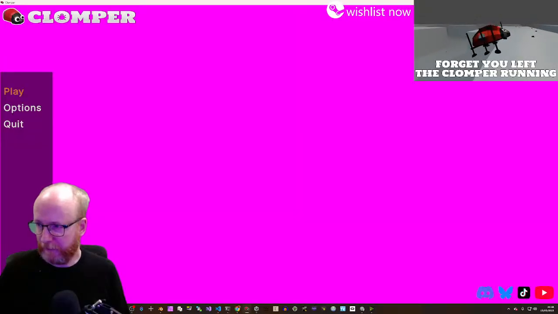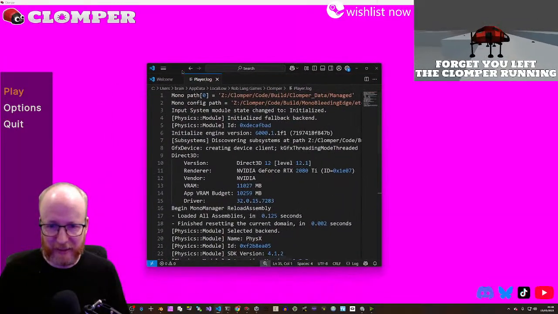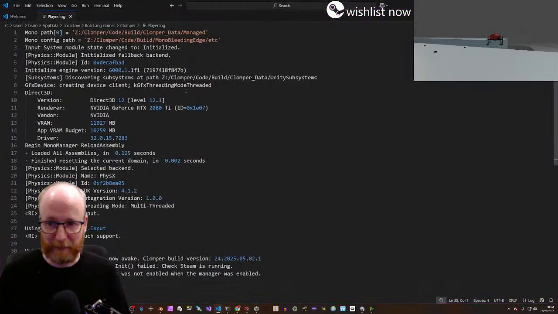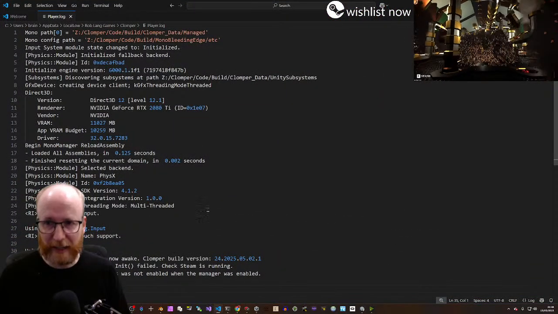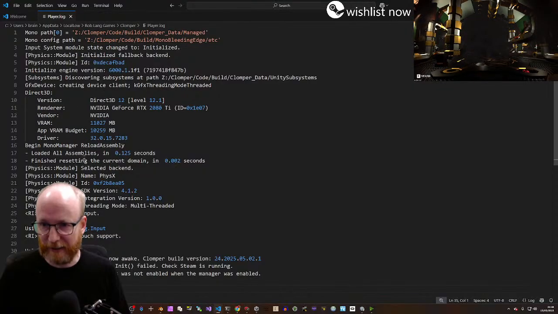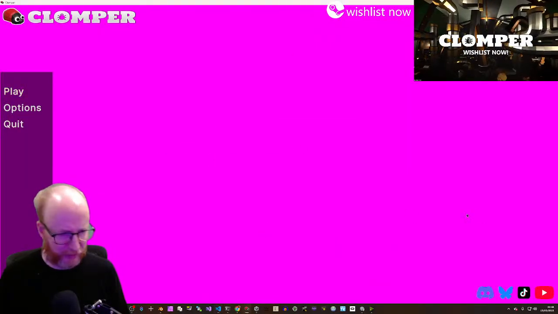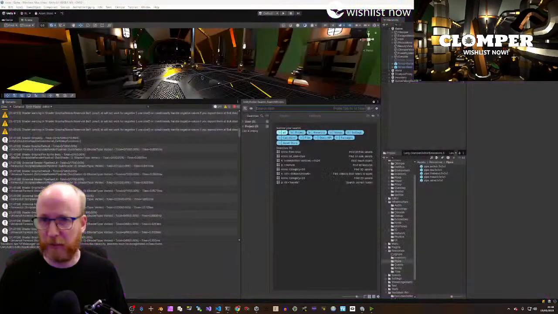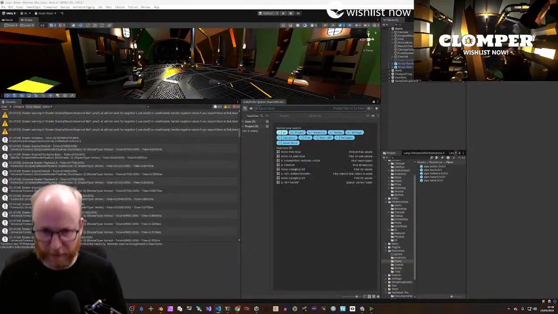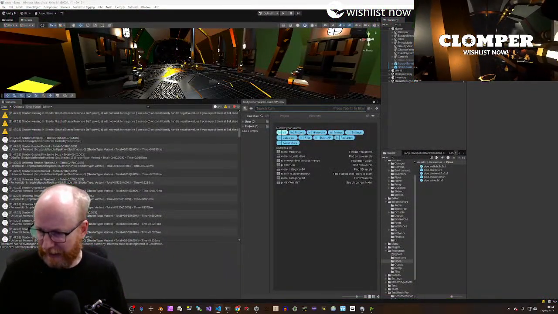Let's run it up again. I love a big pink screen. So it's not telling me whether or not it's missing a shader, so it's not complaining about that. I'm just going to double check. I may not be building it in development mode, because if this